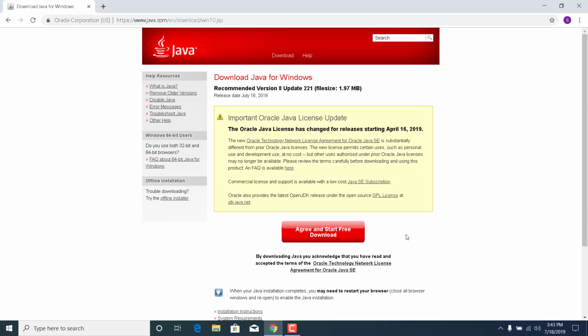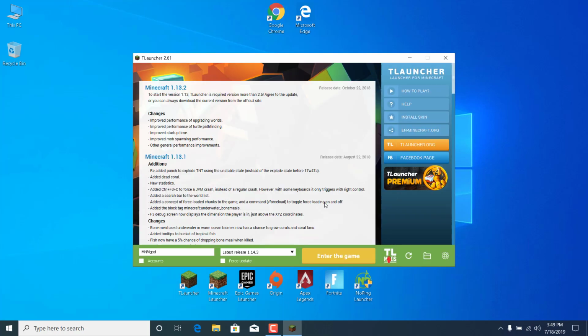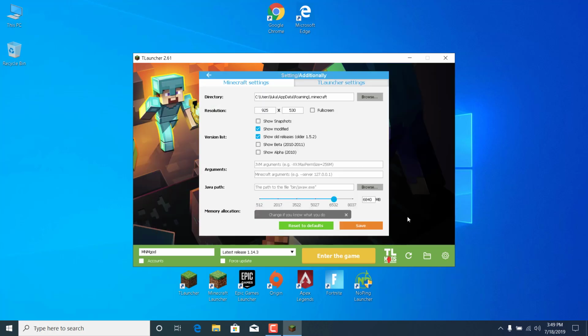The second step is to close Google Chrome and open the TLauncher. Okay, and now once you open the TLauncher, what you want to do is click on the settings icon, go to the settings, click on browse where it says Java Path,